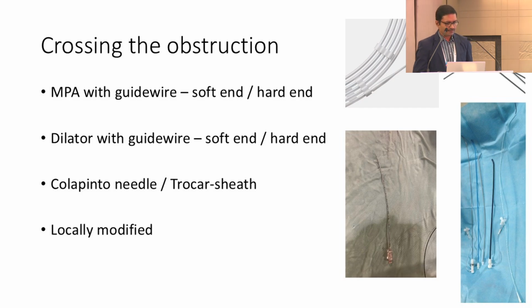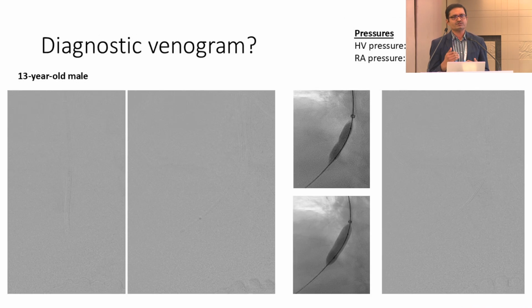Our main aim is to keep at least one hepatic vein open. That is the main purpose. Even if a child comes with the suspicion of Budd-Chiari syndrome, and we see at least one hepatic vein open, we don't intervene, because one hepatic vein is enough. But uncommonly, we might have to do a diagnostic venogram.